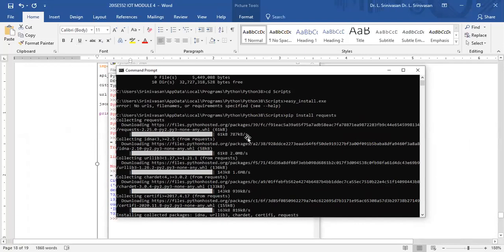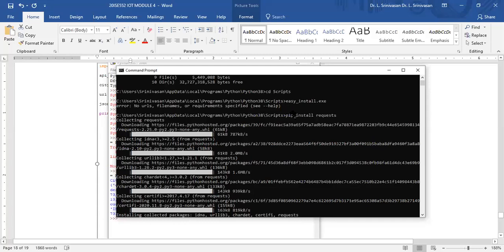Now, this is the path where my Python is. This screen is visible to you, this Word file? Yes, sir. Okay, now we have to get into the scripts folder. See, I have installed my Python 3.8 in this folder. It is under my programs, Python folder, Python 38, scripts. Now we have to get into this Python scripts directory.